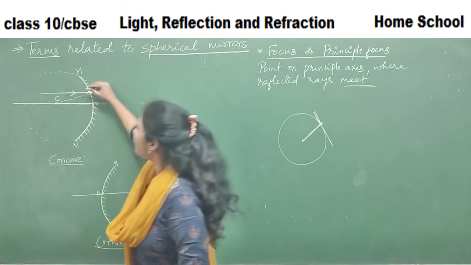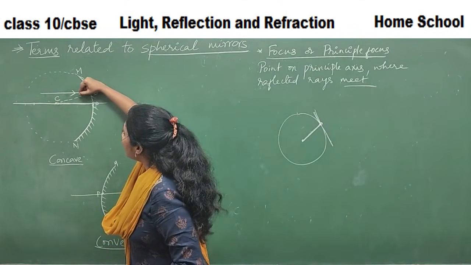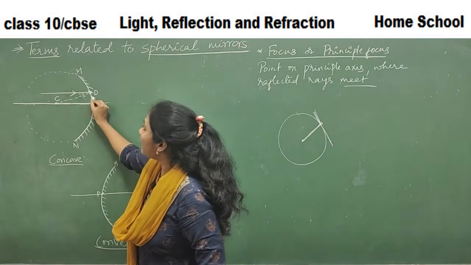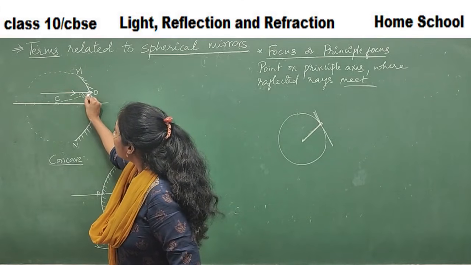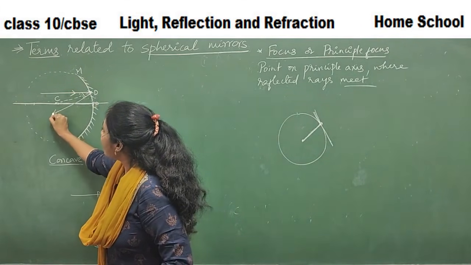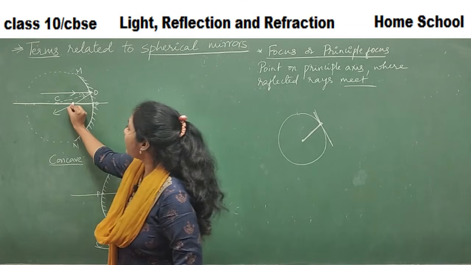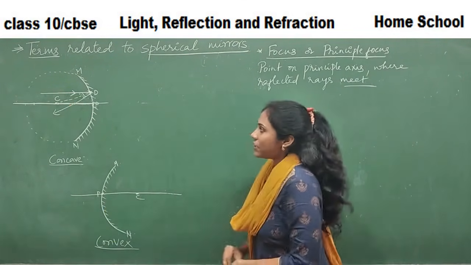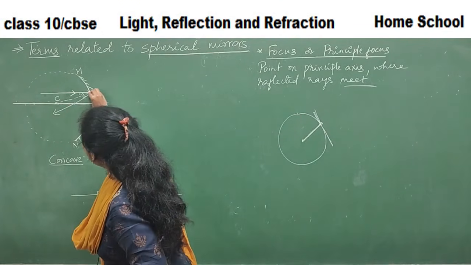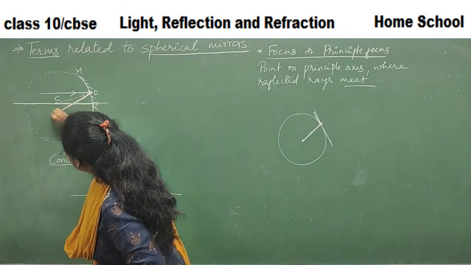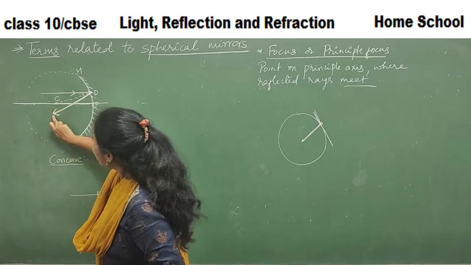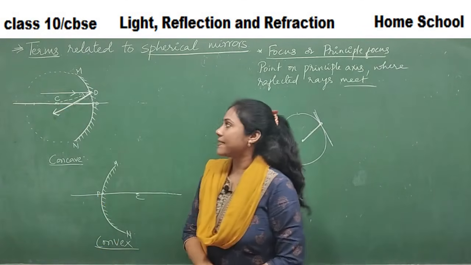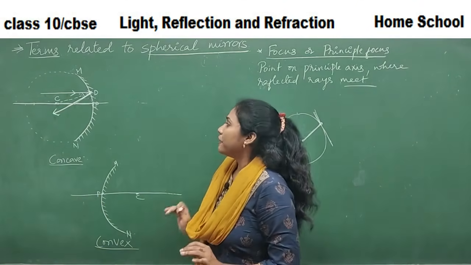And now how does it reflect? If this is the angle of incidence, the same amount will make the angle of reflection. So my reflected ray is this one. This reflected ray is actually meeting at this point on the principal axis. Yes or no? Let me draw a thicker reflected ray. This is my first reflected ray, which is crossing this point on the principal axis. Remember that point.